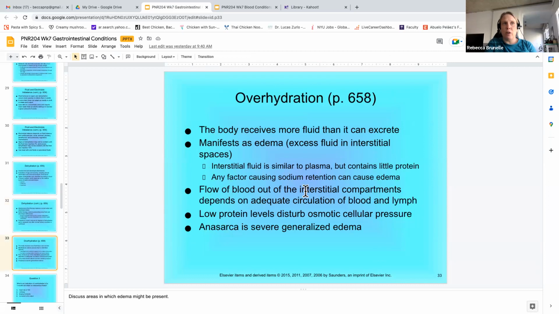So on the other end of the spectrum, you can have overhydration. A common thing that you might think of would be someone that drinks too much water and they're fluid overloaded with water. So if they're fluid overloaded with water, do you think they would be hypotonic or hypertonic? Hypo. Yeah, very good. So the main thing you would see in overhydration would be edema.